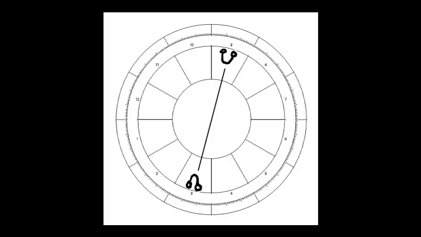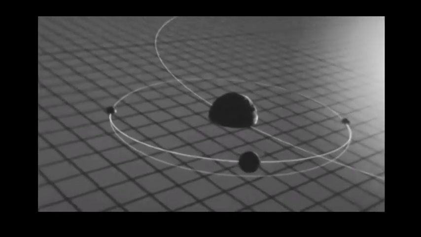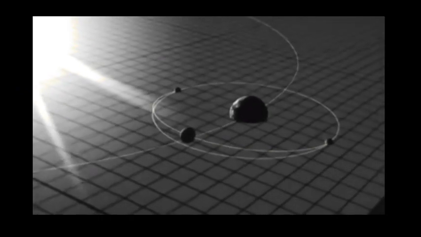In your chart, the north and south nodes are always directly opposite each other, and therefore they're said to comprise the nodal axis. The nodes represent dual energies. They carry the opposing energies of the sun and the moon because the nodes are the point at which the paths of those two bodies cross. So each node stands for one end of the duality.